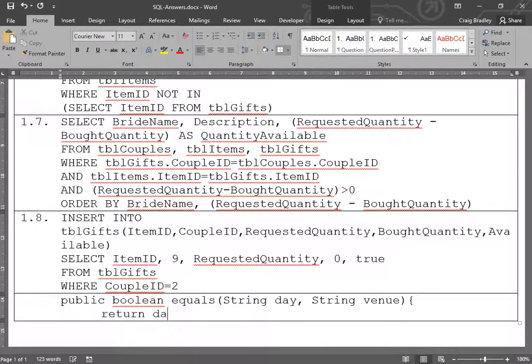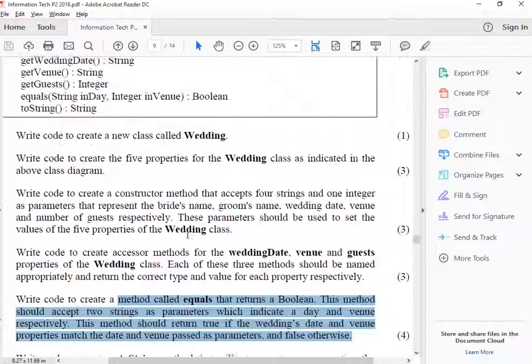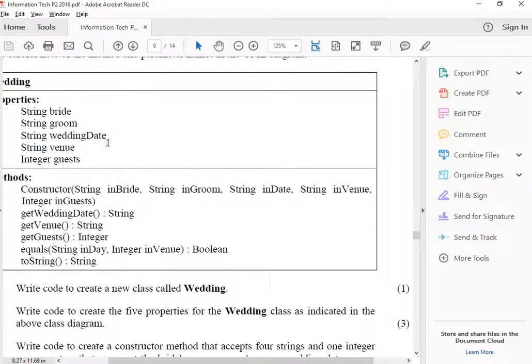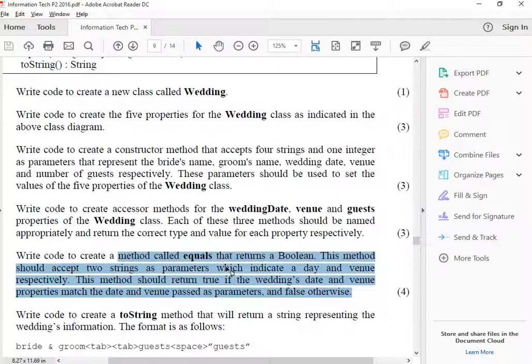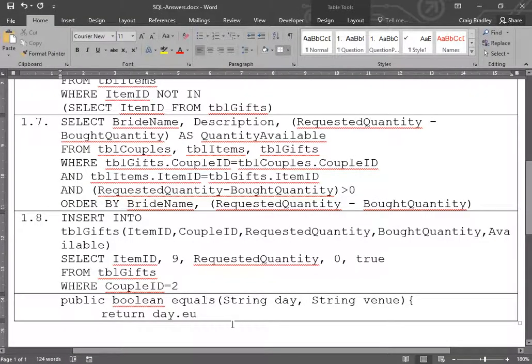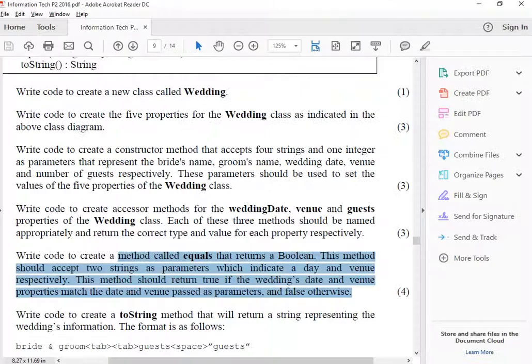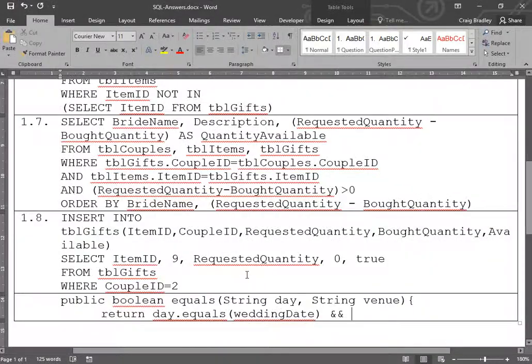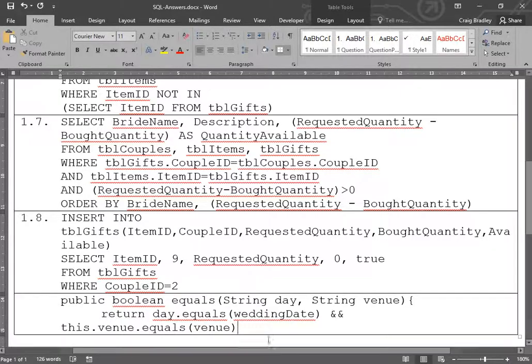actually what you could do, this is something, excuse me for doing this, but day dot equals, what are the fields at the top here? Wedding date. So day dot equals open brackets wedding, hard to do without control spacebar. Yeah, and venue, or what is it called in this case? It's called venue. So you would go this dot venue dot equals open brackets venue, and then that would actually